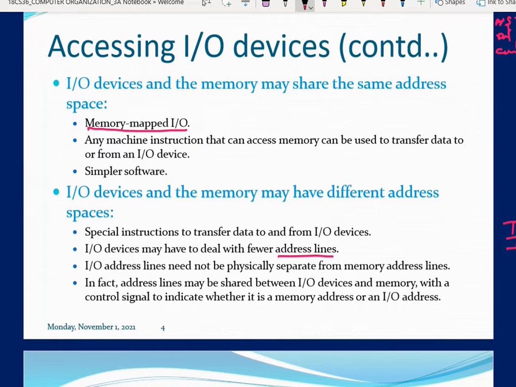If it is an IO device, the IO device address is sent. If it is a memory operation, then the memory location is sent through this address line. It does not keep separate address lines when mapping the addresses. Whenever it requires a memory operation, it carries the memory address in the same address lines that are used by the IO devices.